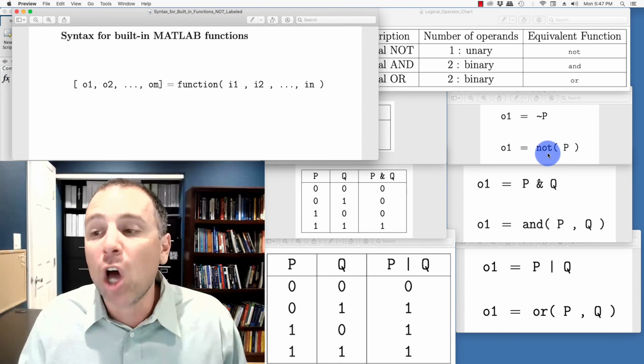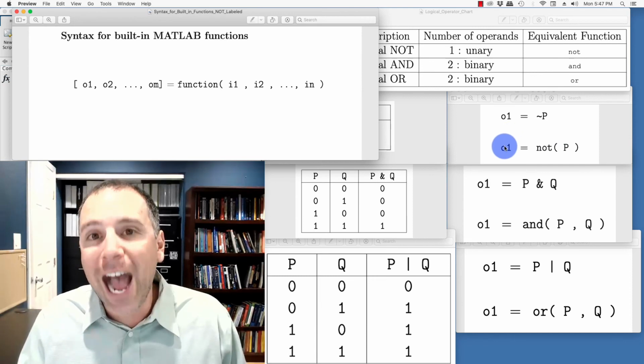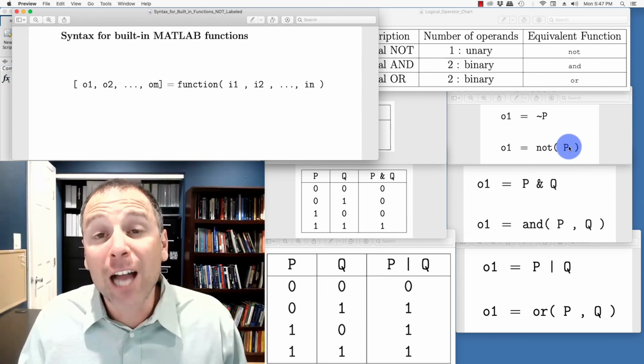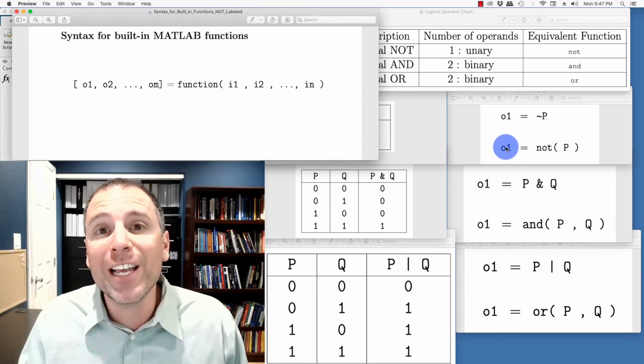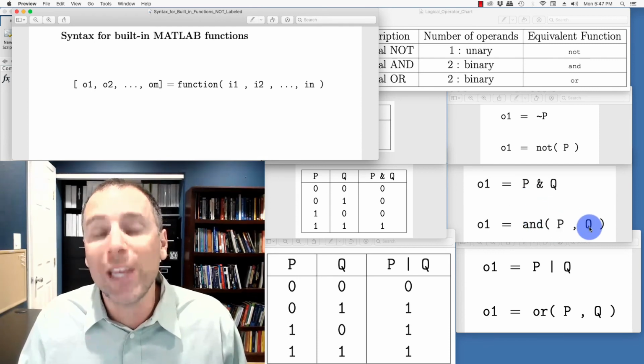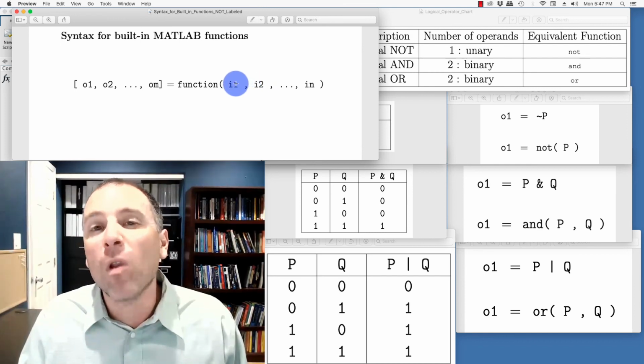In the case of logical functions, notice that the not function is a one input, one output function. The input is assumed to be a logical matrix, and the output is a logical matrix using the exact same sizes. For the AND function, we have two inputs to that function, I1 and I2. In this video, we're claiming those inputs should be logical arrays with identical dimensions.